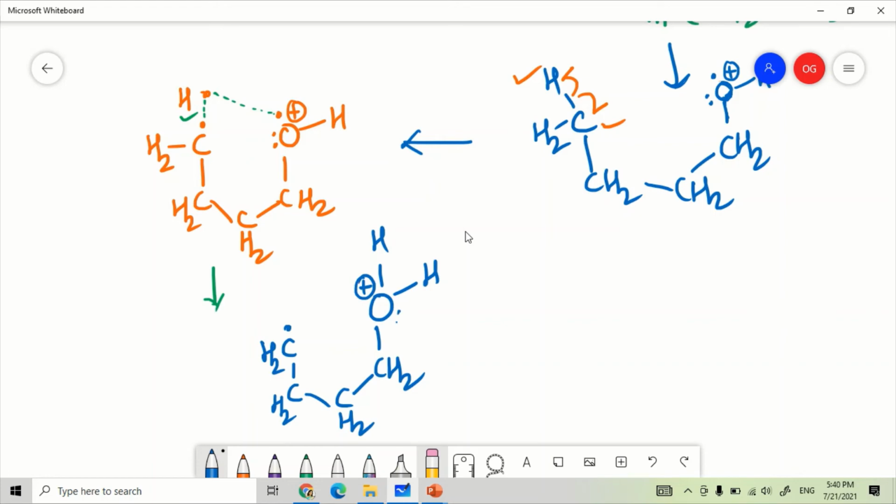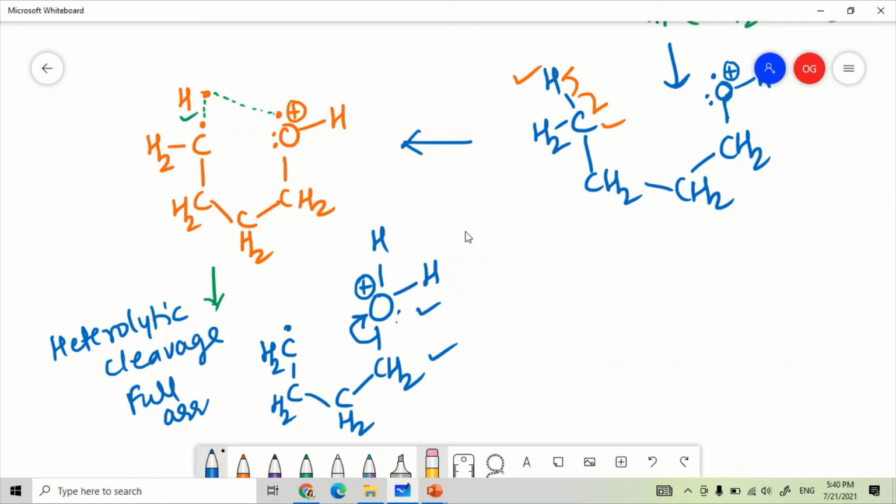Okay, so now the heterolytic cleavage will occur here. Here I can see the electronegativity difference between carbon and oxygen, so it can be removed by heterolytic cleavage. For heterolytic cleavage I am showing a full arrow, like this, a full arrow. That means both the electrons of the bond are taken away by this oxygen. So now how will this look?